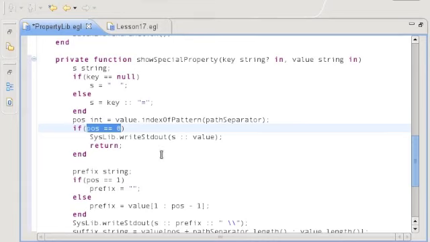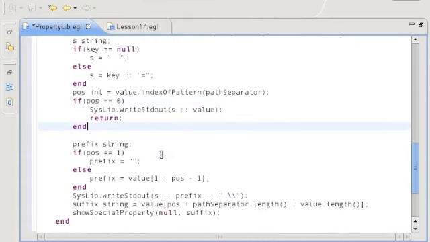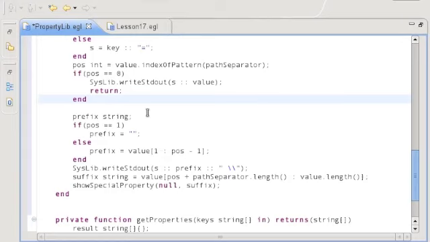We'll just write the name and the value out to the console. Now if there is a separator, if the separator is the very first character in the string, the position will be 1. That means that there's no value except for blank. The value is blank. Otherwise, we'll do a calculation to get the prefix, and then we'll show that prefix on